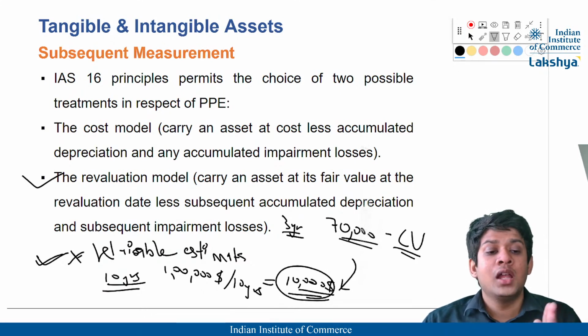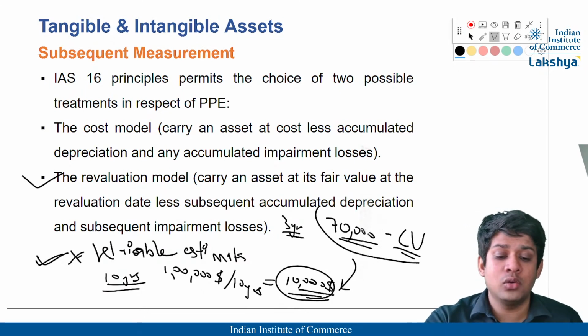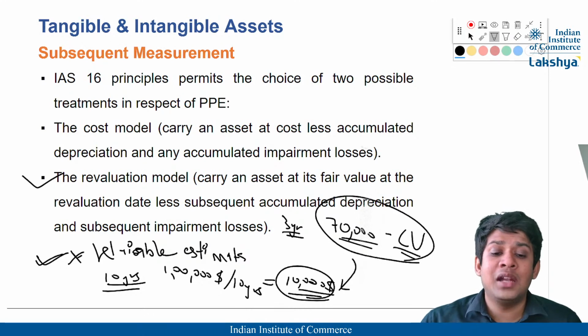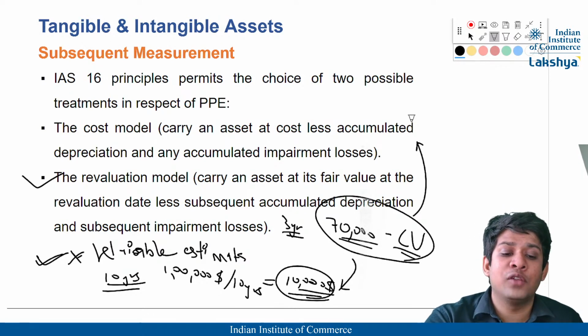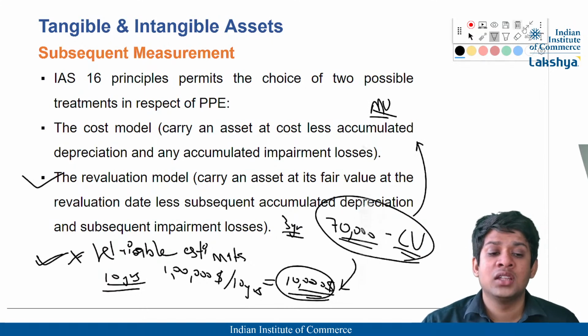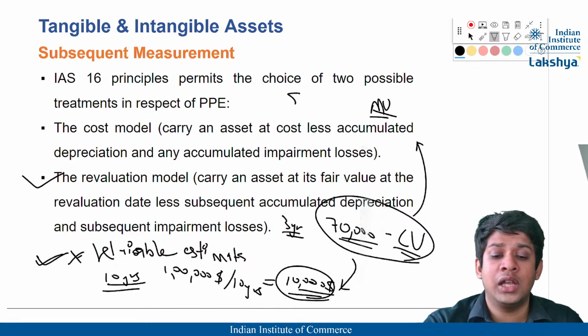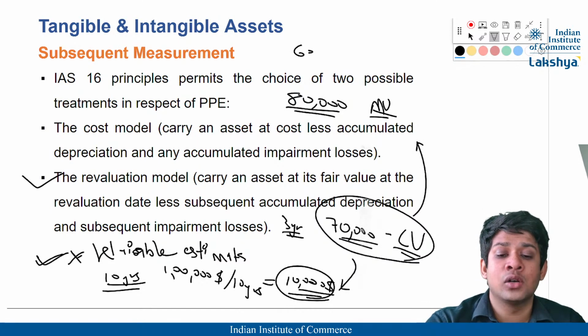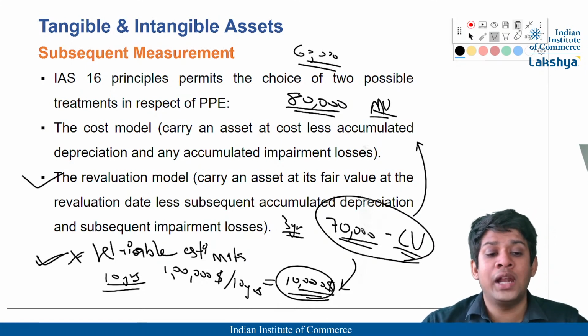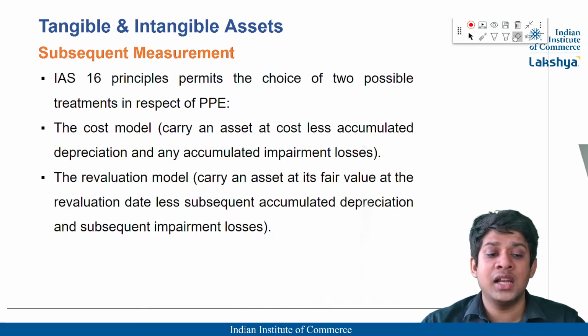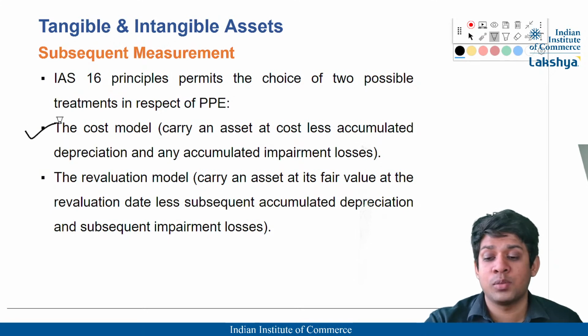So guys, here, the estimate and the carrying value that we've taken might be different from the actual market value for an asset, right? In the market, if I go and identify, the same asset would probably be worth 80,000, or it might be worth 60,000, right? So it is not showing an up-to-date value of the asset as per the current market conditions, and that is the reason why, to eliminate this issue of the cost model,